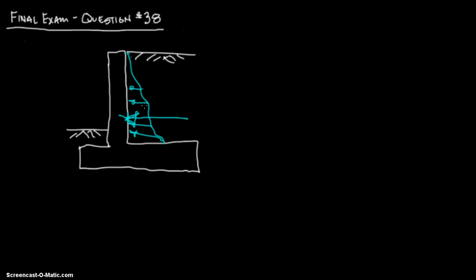So you want to make sure it's not able to slide, and typically you'll take a look at this soil in front of there, and you also look at some friction down here on the soil, and if that doesn't do it, you can also put a shear key in, which is a little bit more concrete, and you'll put the reinforcing into that shear key as well. And that's probably not correct, but I'm just trying to show you how it's generally done. So you can have a shear key if the other forces aren't enough to make it slide. So that's sliding. You can also have overturning, which